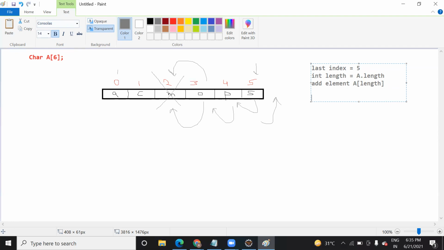So in that case also there will be an overhead. So that is the reason that in the collection we don't need to bother about this index, and we use this.